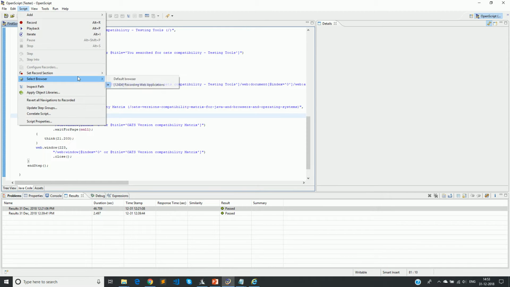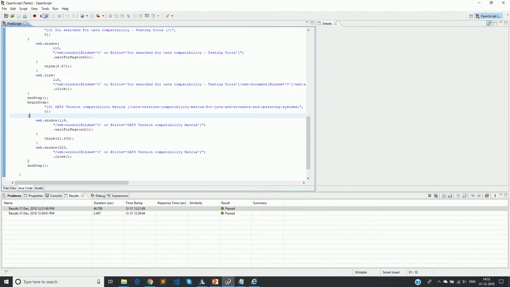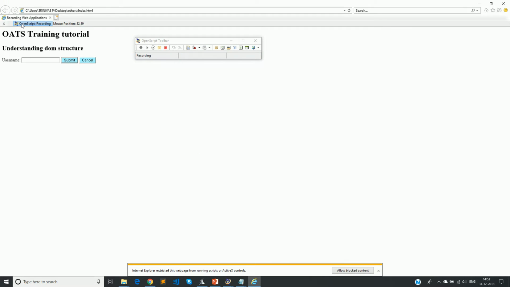So for example, if you remember, whenever we were recording, it was launching a new browser. But now I have selected something called recording web applications. Okay, so if I say record, see that the OpenScript recording is available in the same browser. It did not launch a new browser, so you can continue your recording from here itself.